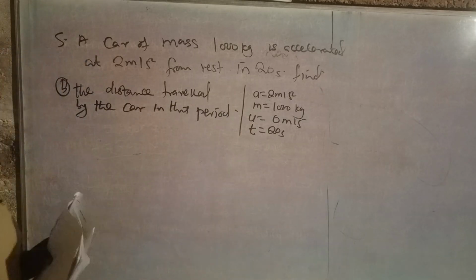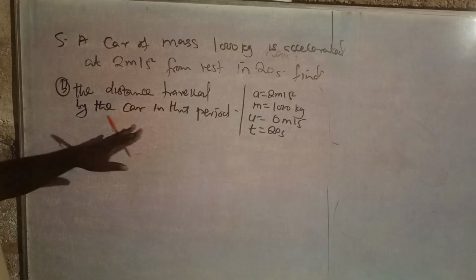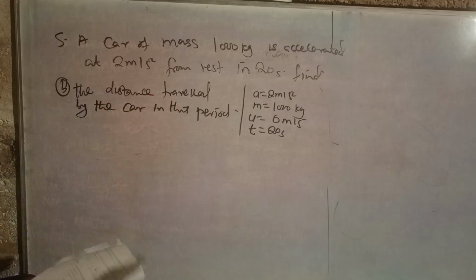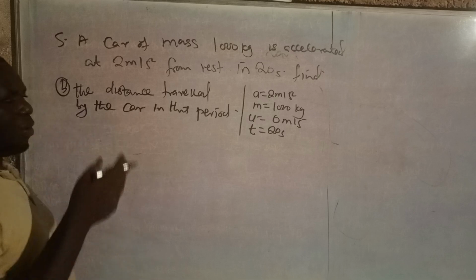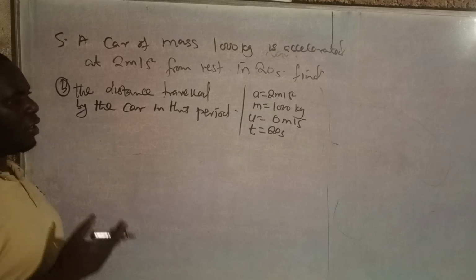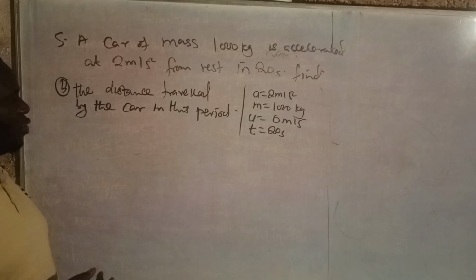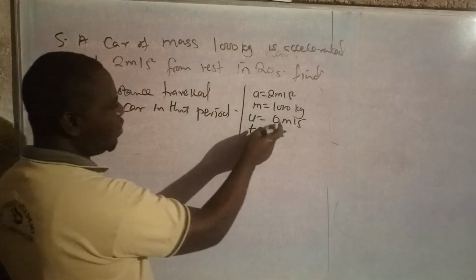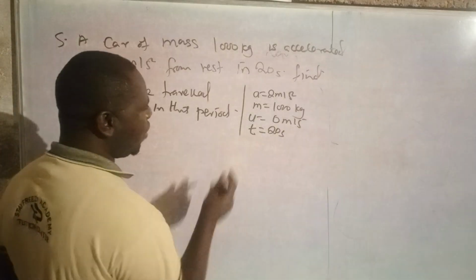So for question B, they want us to find the distance traveled by the car in this period. As I said, even on work, energy, and power, we can still use the formulas from linear motion. Since the initial velocity is 0 and we have the time taken,